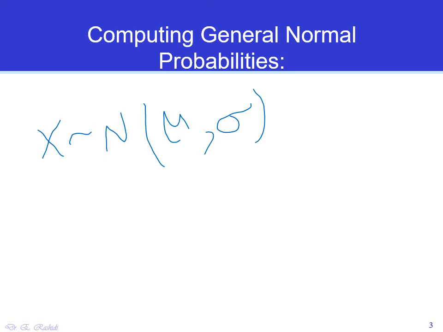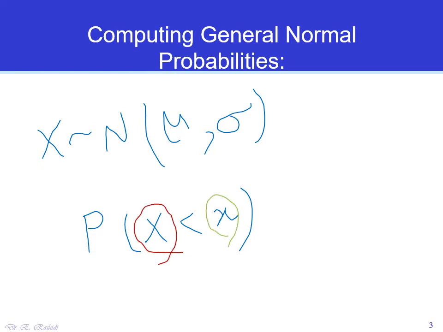And suppose that we want to find the probability that X is less than any value, a small x. So here I show the random variable by a capital X, and I show the value that it takes by a small x. If we use Y, the capital Y would be the random variable, and a small y would be the value. If we use Z, the capital Z would be the random variable, and a small z would be the value. So we want to find this probability. How can we